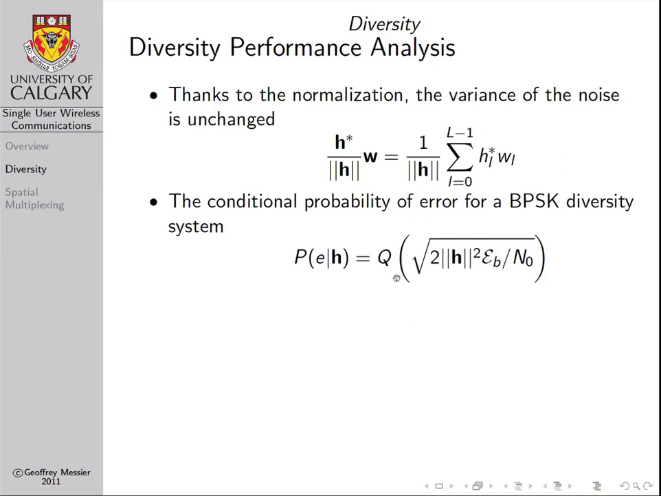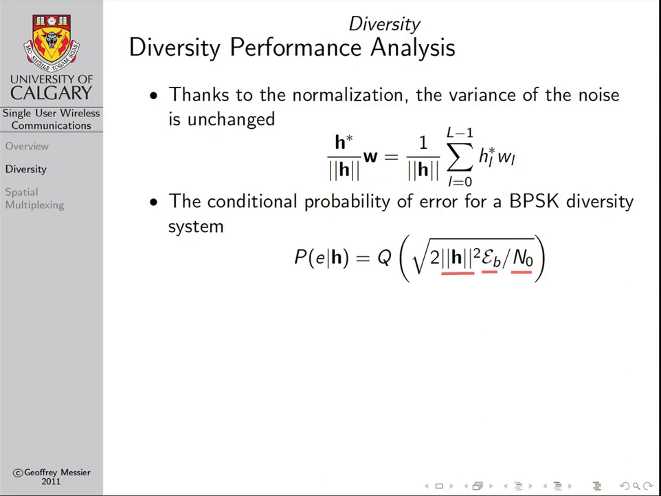So the nice thing about this is that we can jump straight to using the conditional probability of error for BPSK that we derived for the Rayleigh faded channel. So if you remember, with the Rayleigh flat faded channel, our noise variance was unchanged. So we had N naught in our square root term. We had our original energy per bit, which was sort of our original BPSK symbol energy. And then in our old